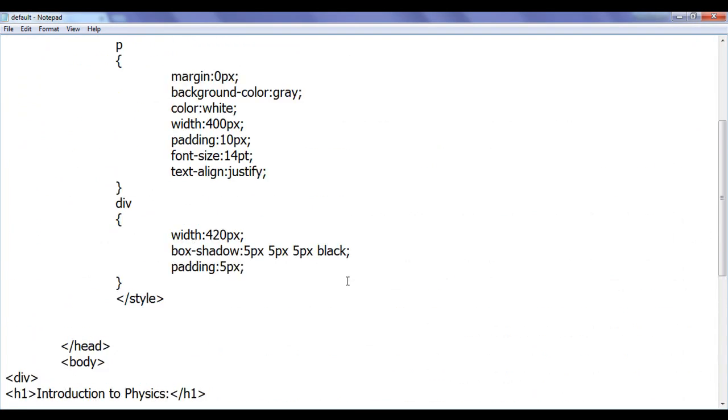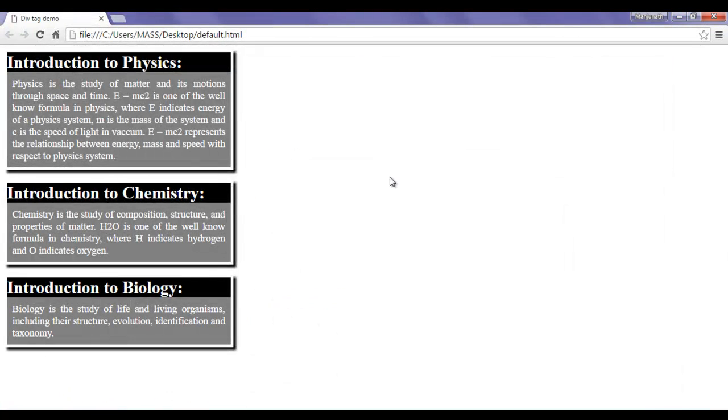At present, hope you guys have understood what is div tag. Few important points you need to remember: div tag is a paired tag, div tag is a block level tag, div tag is a generic container tag used to group HTML elements together and create sections for them and apply styles on them. And we should remember that div tag is used to divide a web page into various sections, or it helps us to create layouts of web pages easily, and it helps us to create a flexible layout.